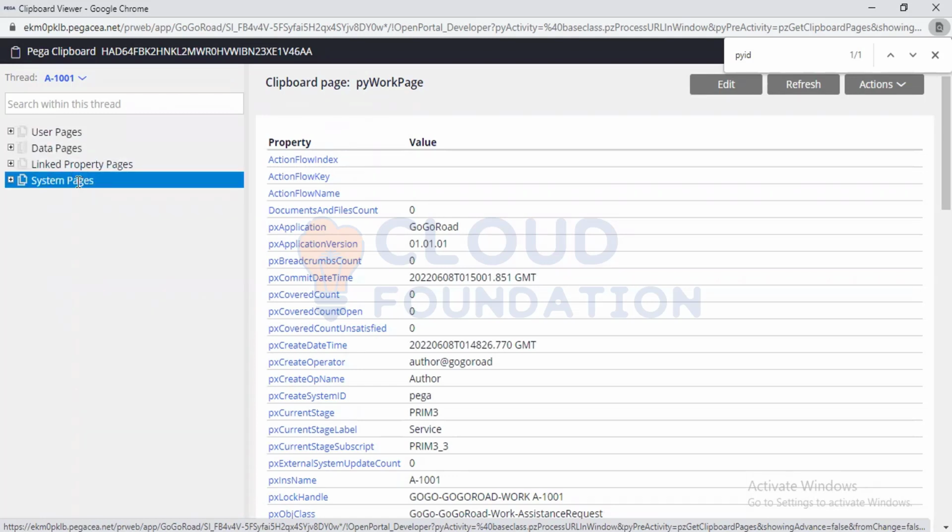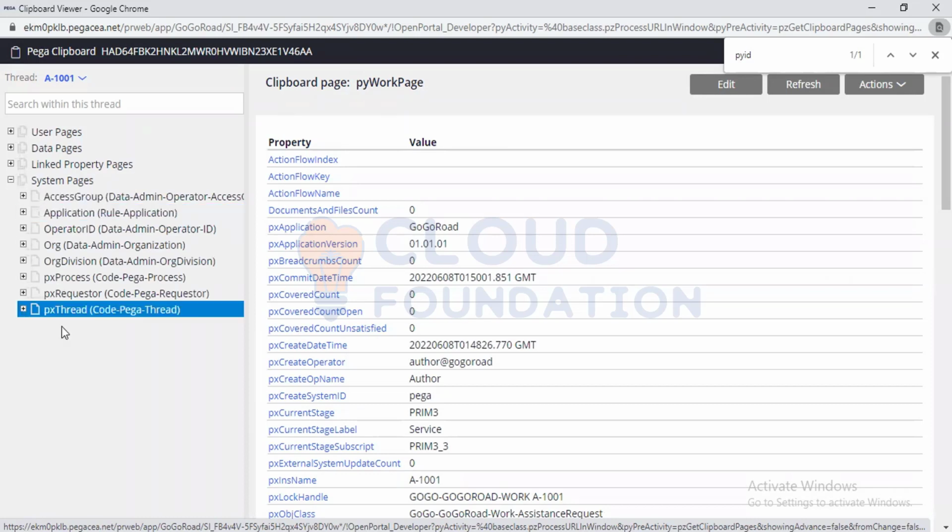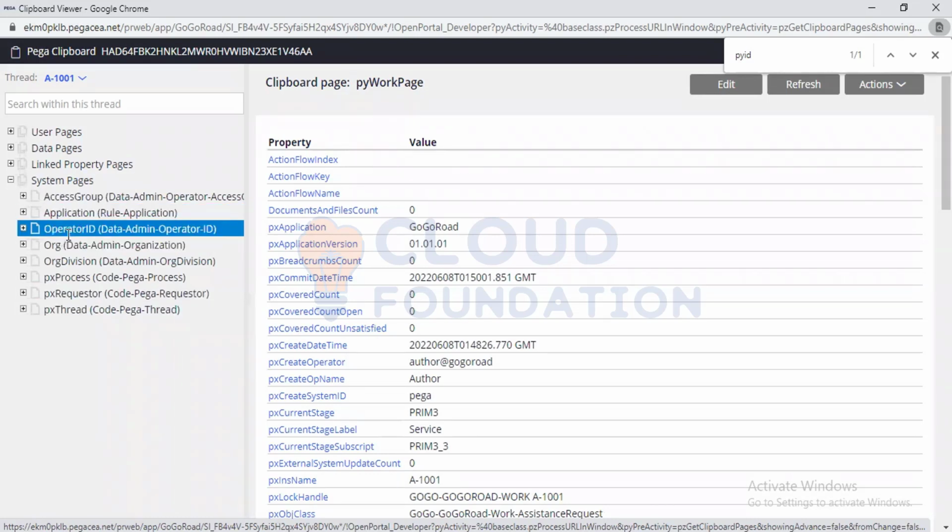And you have system pages. System pages hold the data of system related pages: the node, the server on which it is hosted, what database it is pointed to, and which operator has logged into this portal. All the system related data will be present under system pages. If you expand the system pages, you can see a page called operator ID. I have logged in as an author, so my operator ID name is author. If we click on this operator ID page,